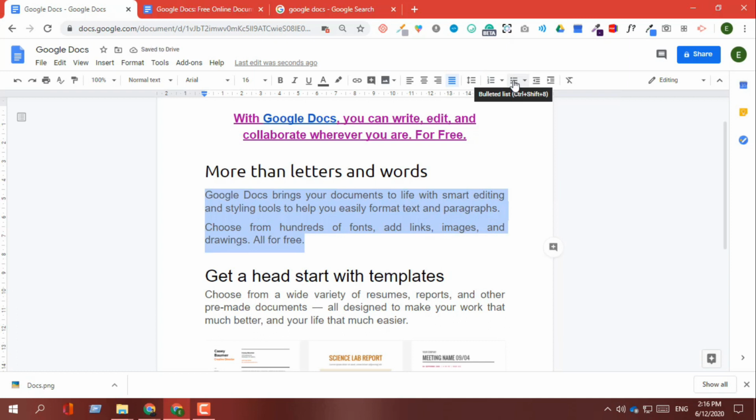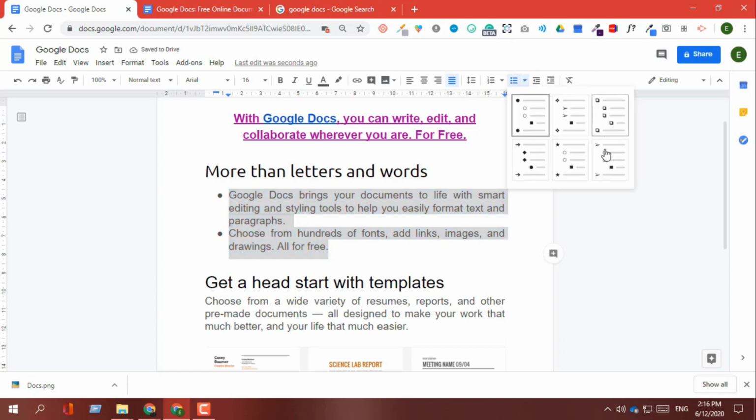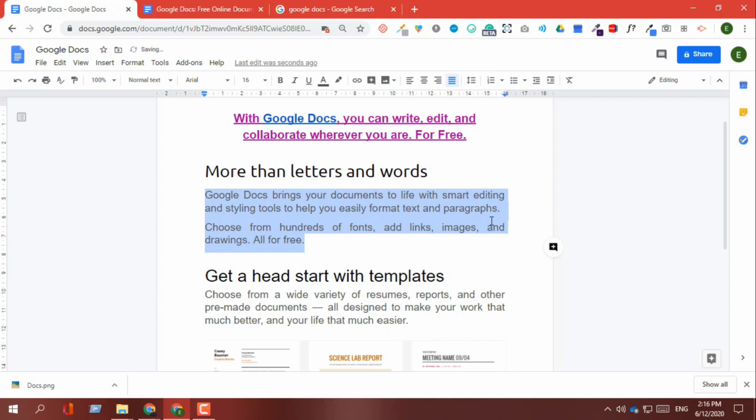And this one is the bullets list. This one is numbered and this one is the bullet. If you click on the bullet, you will find this one, and you can change even this to any of these bullet formats. Like if I click this one, it will be changed automatically like this. And as it is working here, you will see that this is marked as blue, and if you click on this option, it will be changed, and now it shows that you are not using this section.